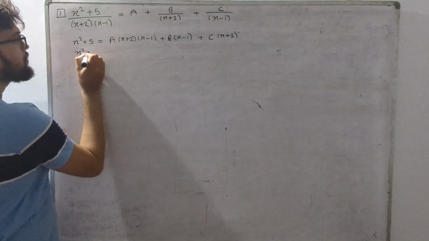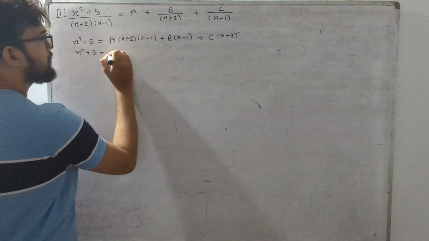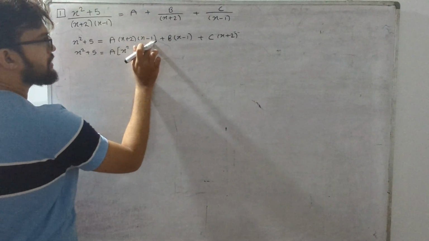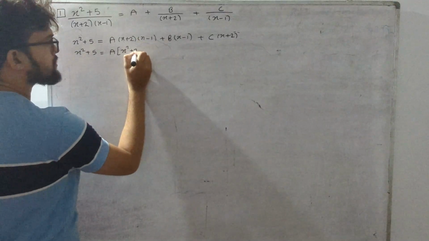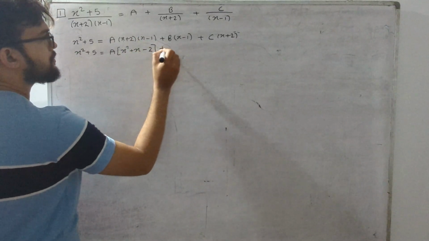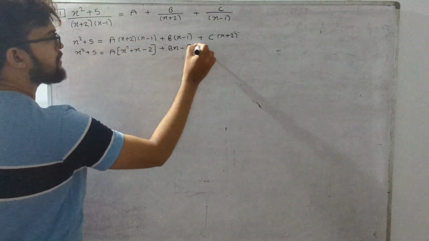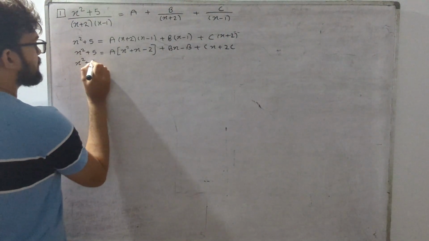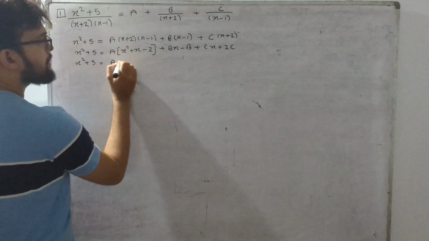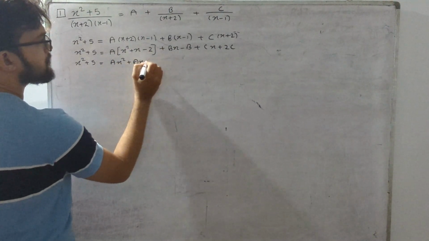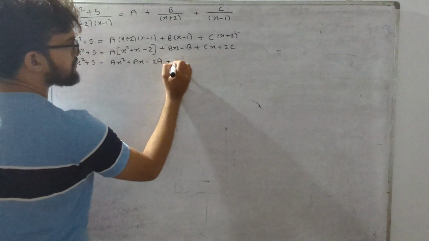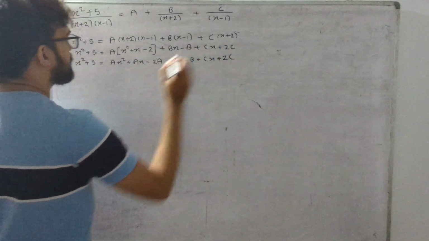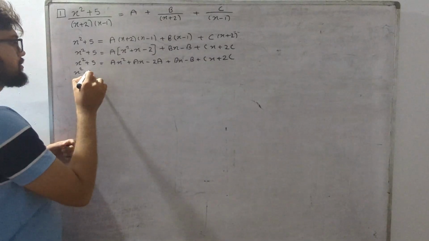X squared plus 5 equals A into x squared plus x minus 2, plus Bx minus B, plus Cx plus 2C. X squared plus 5 equals Ax squared plus Ax minus 2A plus Bx minus B plus Cx plus 2C. Then we can